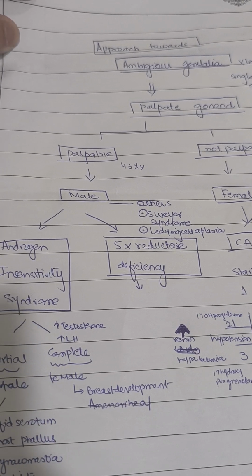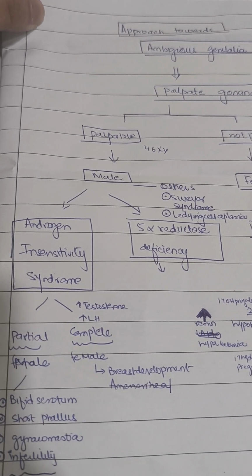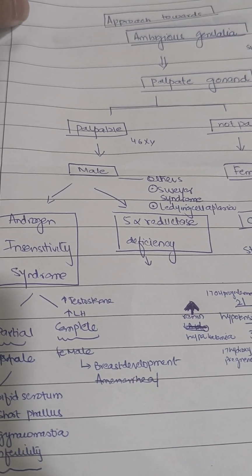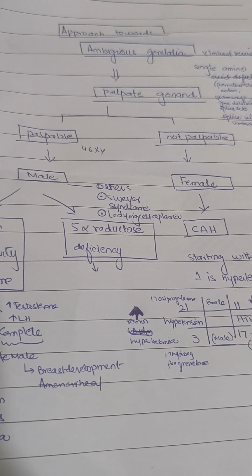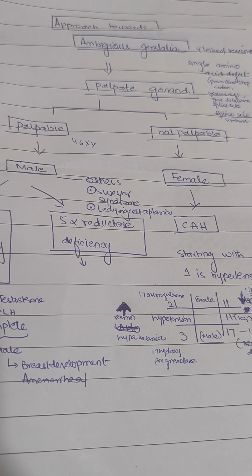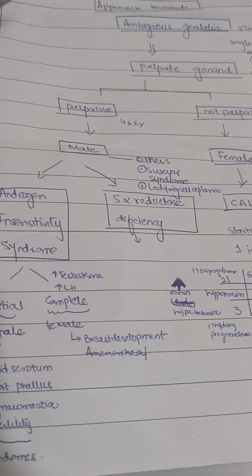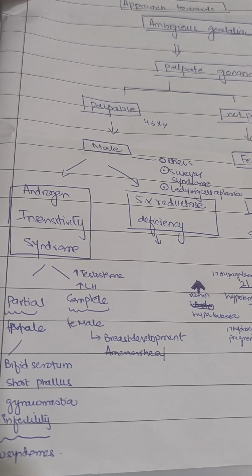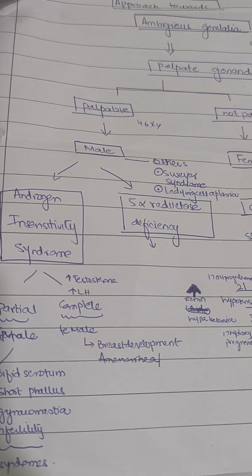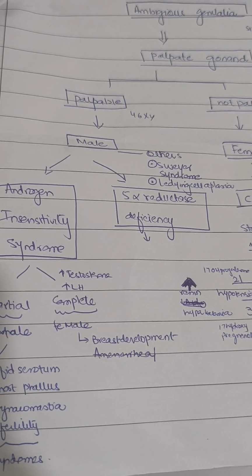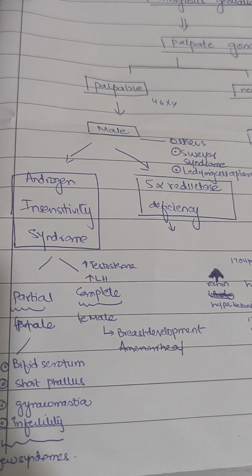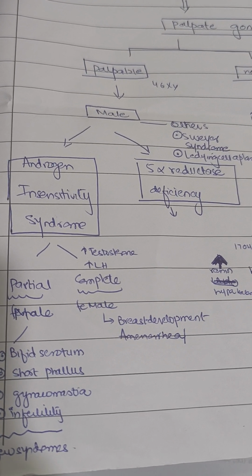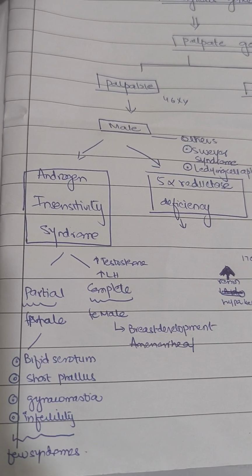The main causes of ambiguous genitalia in the male are androgen insensitivity syndrome and 5-alpha reductase deficiency, while in the female the most common cause of ambiguous genitalia is CAH. There are certain other syndromes, Swyer syndrome and Leydig cell aplasia, that are associated with male ambiguous genitalia. The most common is androgen insensitivity syndrome, where there is a single gene defect